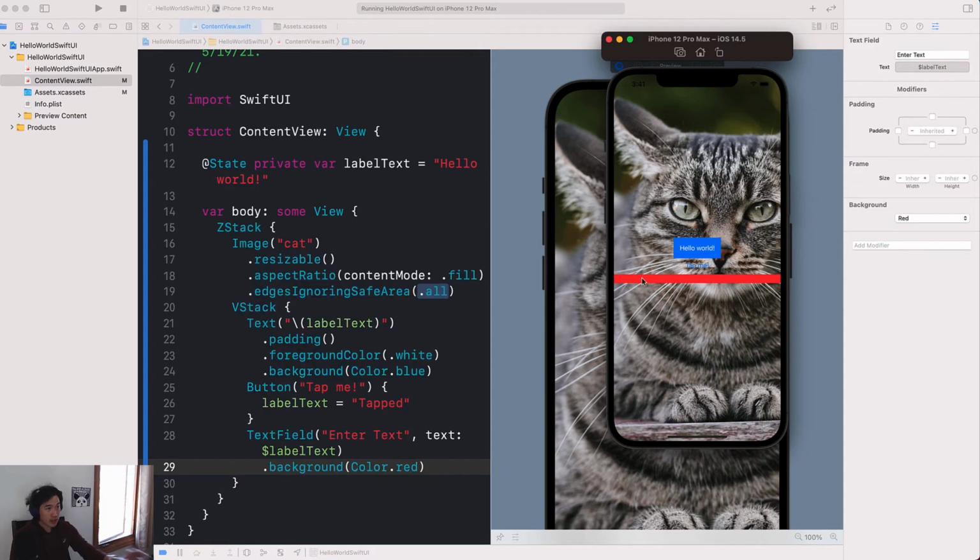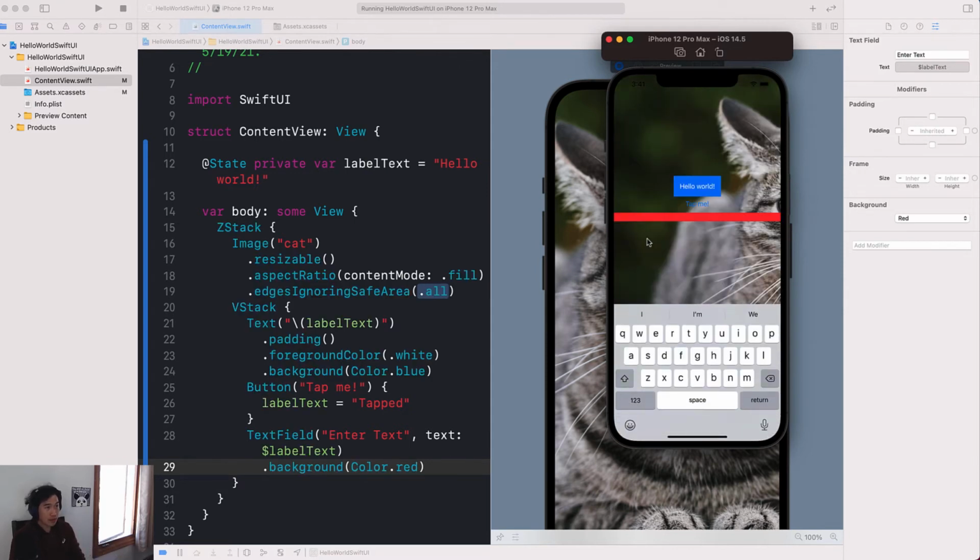Alright, so here's our text field. We tap it here. So we type something and it modifies it. But now when I hit tap me, we change the label to tap, or when we type something again, it modifies this label text, and this text updates right away. Because once this label text is updated, it changes right away. So once you hit tap me, it changes to tap again. So if you want